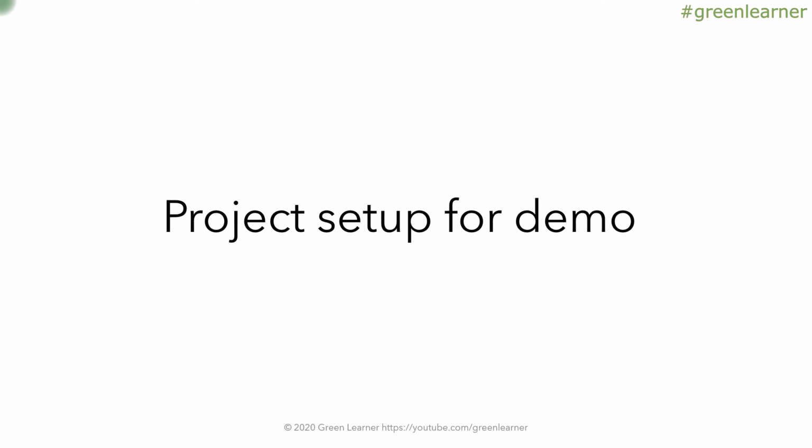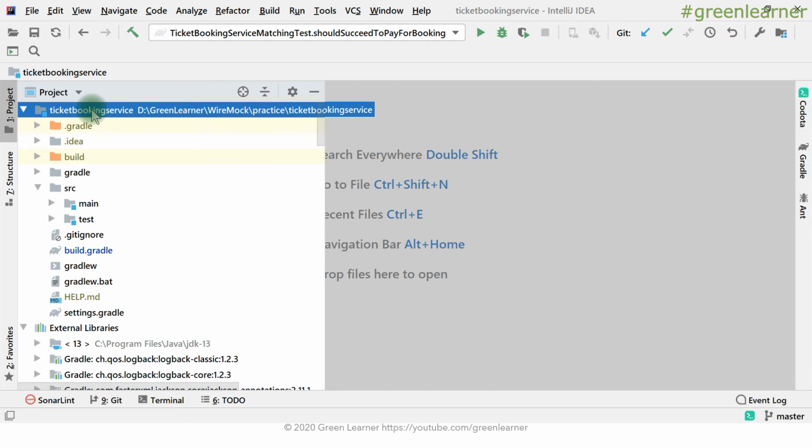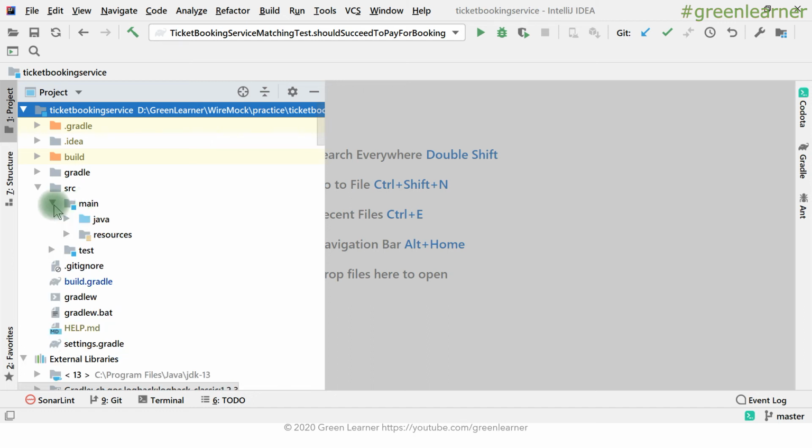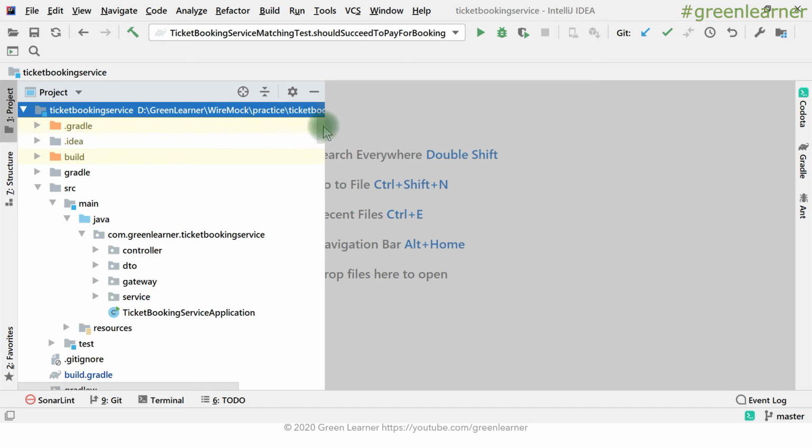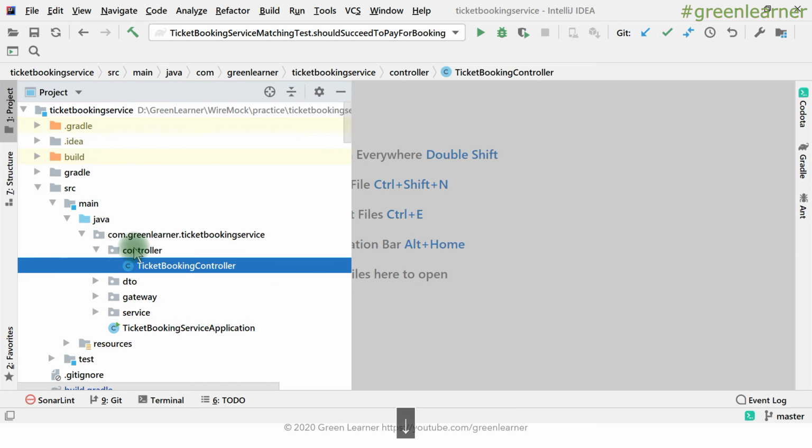I have already prepared the payment service. I'm just going to reiterate that one. So try to understand it, and we will use that source code to write the unit tests, which we will write from scratch in the next videos, right? This is the ticket booking service that I have created, and this is the project structure. As usual, I have created this application using Spring Boot from start.spring.io. You can go ahead and create it from there, right? This is the main class here. This is the Java, and these are the different packages in the picture here. This is the controller. I have one controller here, right?